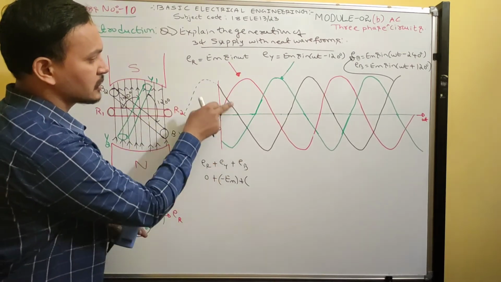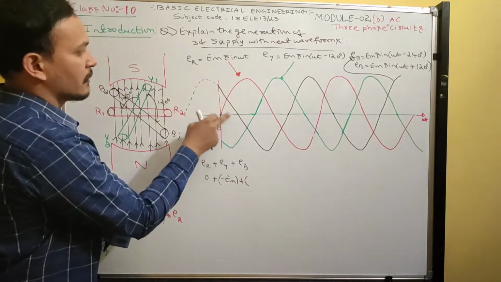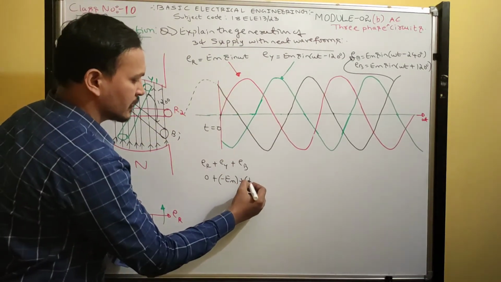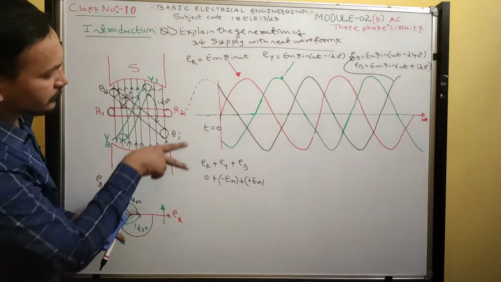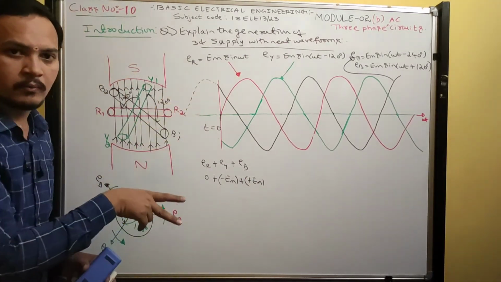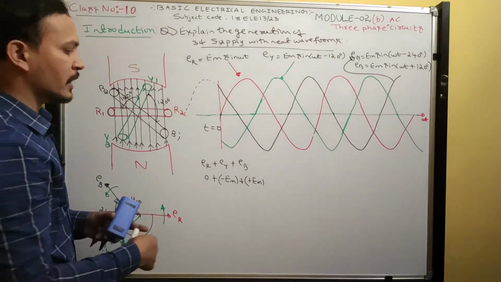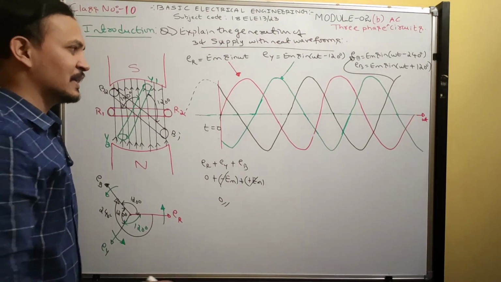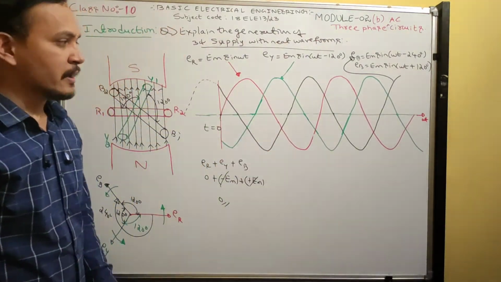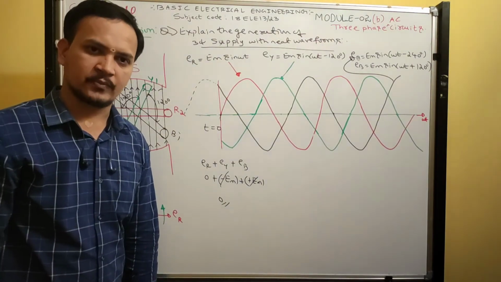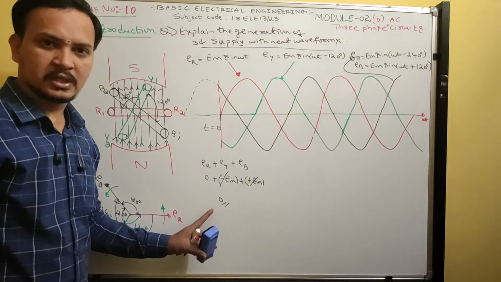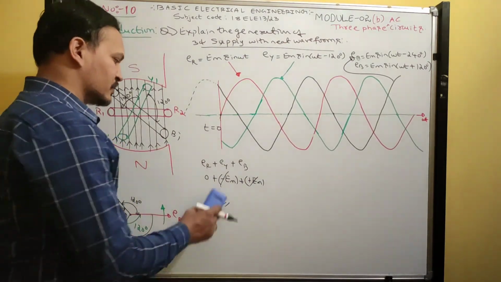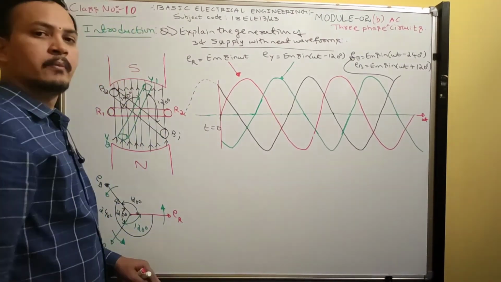EB is having black color. This black color is the EB winding. EB is having how much? Positive voltage. At that instant, this is the instantaneous voltage, plus EM. See, this magnitude and this magnitude both are equal and opposite. Therefore, what happens? They cancel each other. So we got the resultant voltage as what? 0. Therefore, whatever waveforms I have written, that is a balanced supply system. By adding all this, if you don't get 0, then it is an unbalanced system. But you should prove it mathematically. So graphically we got it, but you should prove it mathematically.